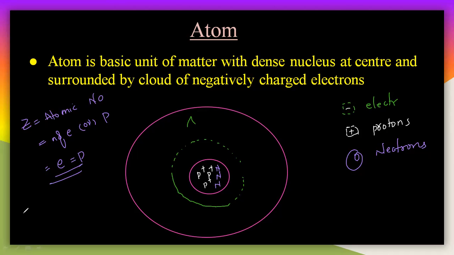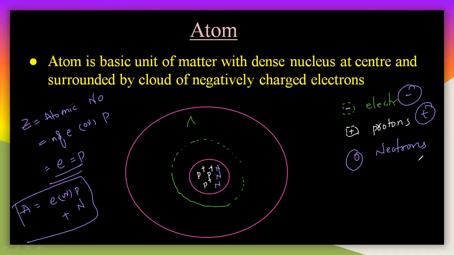That is Z. Next, atomic mass, which is equal to E or P, that is electrons or protons, because both are the same, plus the number of neutrons here. So this is the atomic mass. This is an atom containing three particles, which are electron, proton and the neutron. Electron has the negative charge, proton has the positive charge, and neutron has